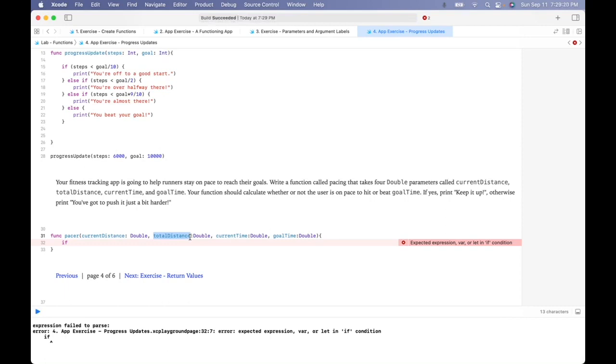fitness by a function that takes 4 arguments. So current distance, and then total distance, and then current time, and then goal time. Okay. So the total distance is, let's say, 5 miles, and then the goal time would be 5 minutes. And that's not realistic, but 5 minutes, so easy to math. And if the current distance is 3,